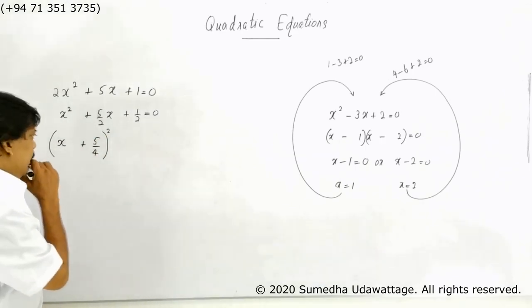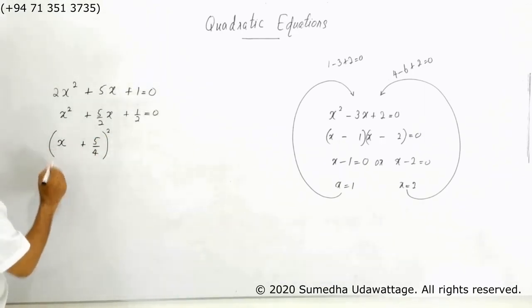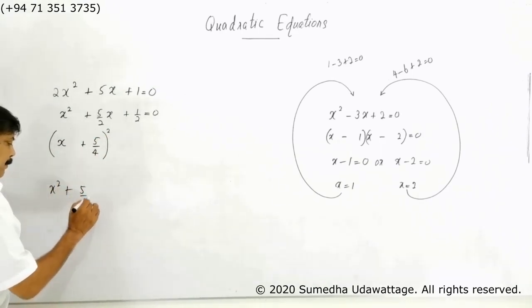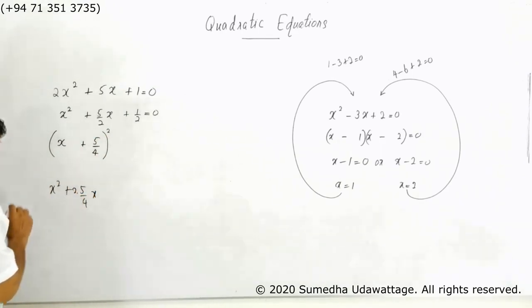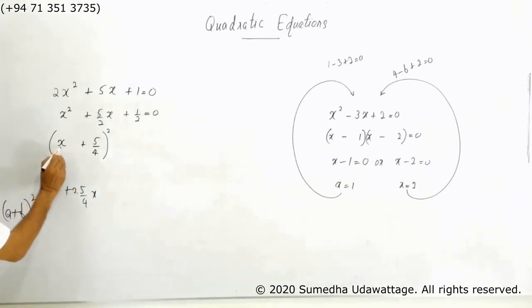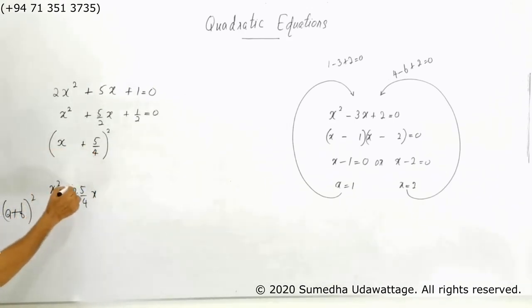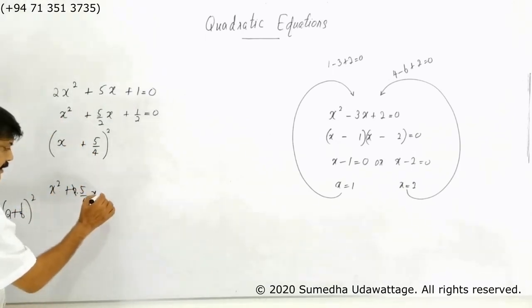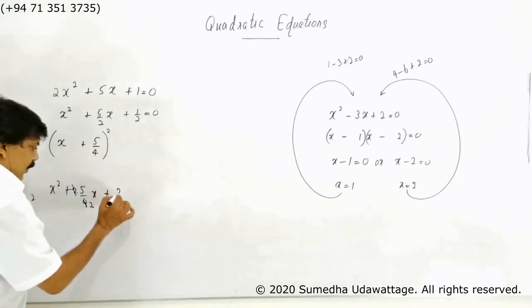Then, simplified, you get x², these two multiplied by 2. You know that (a + b)² is what? a² + 2ab + b². This value is the square of the product. It becomes this value plus this value squared,